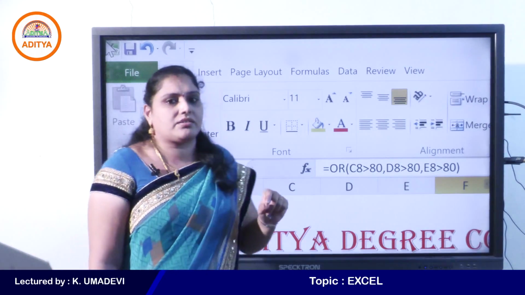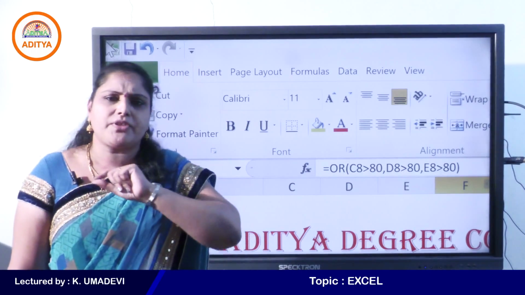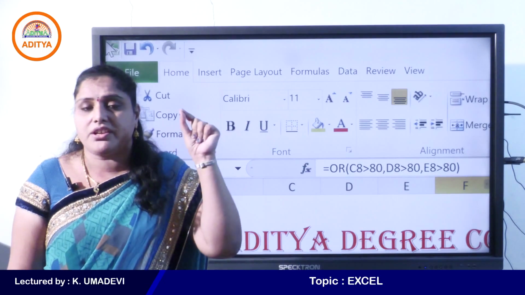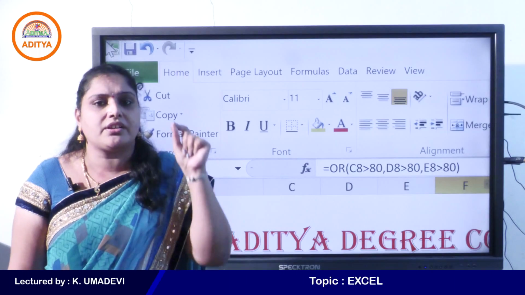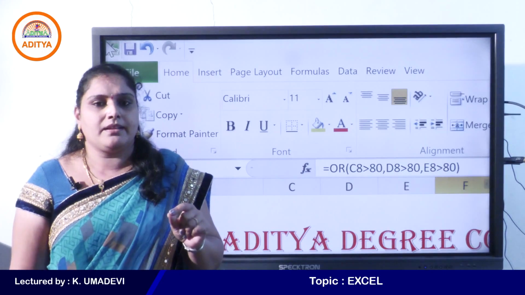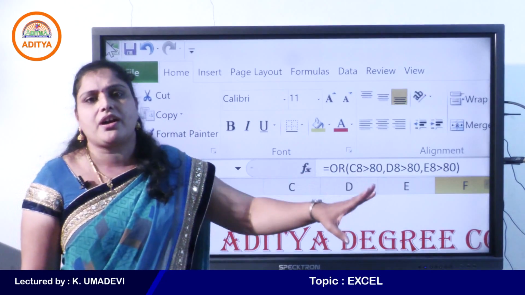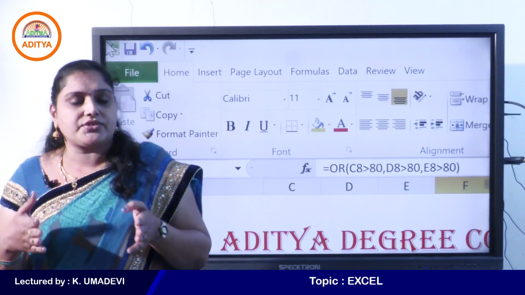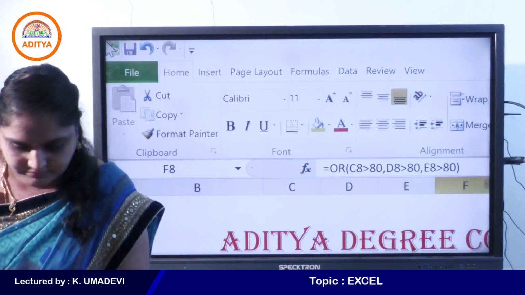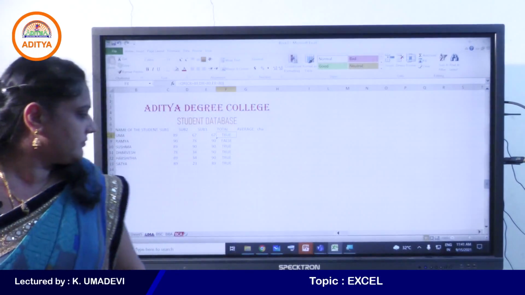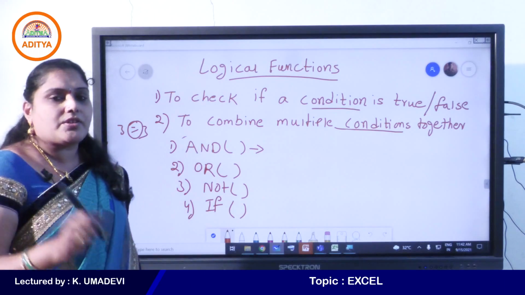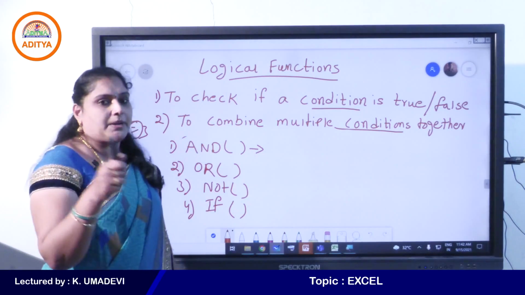When coming to OR, if any one of the conditions is true, then OR function returns true. If all the conditions are false, then OR function returns false. Clear, students? What is the use of AND function? AND is used to test multiple conditions.